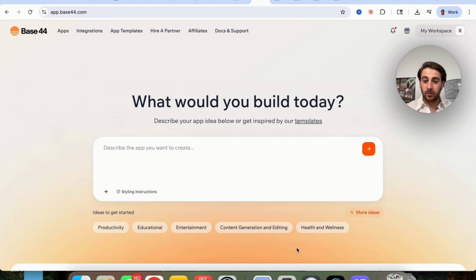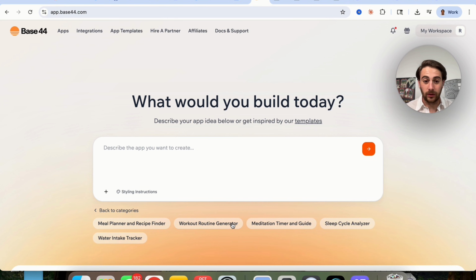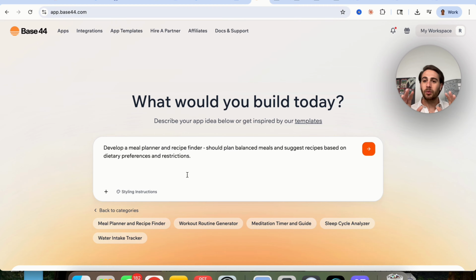Now, use case number 3 is actually going to be found under health and wellness right here. We could see meal planner and recipe finder. Now, I wouldn't do something that is broad here where we could see that they're based on dietary preferences and restrictions. I would do these 4 different niches. For example, I would do a vegan one. I would do a keto one. I would do a carnivore one,